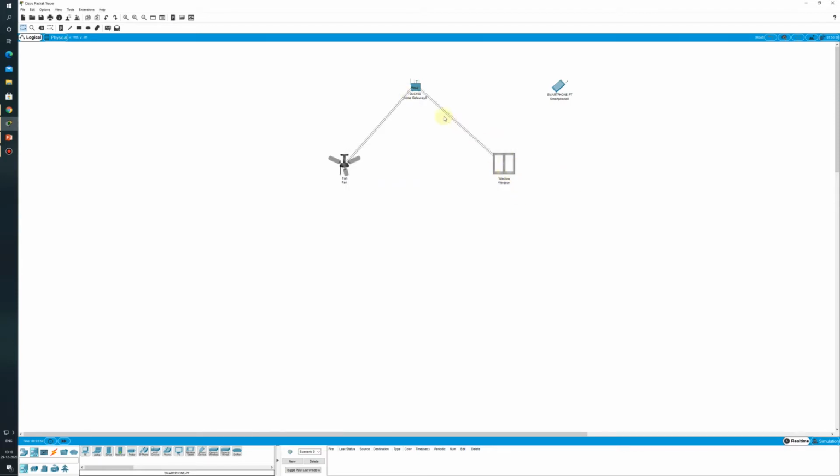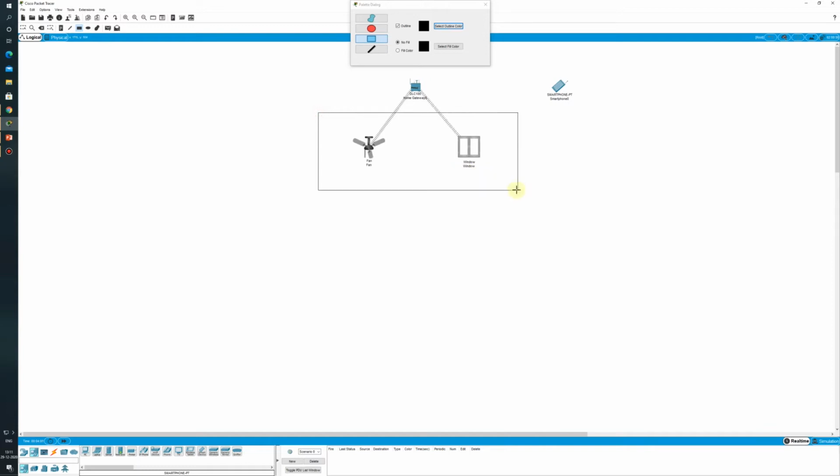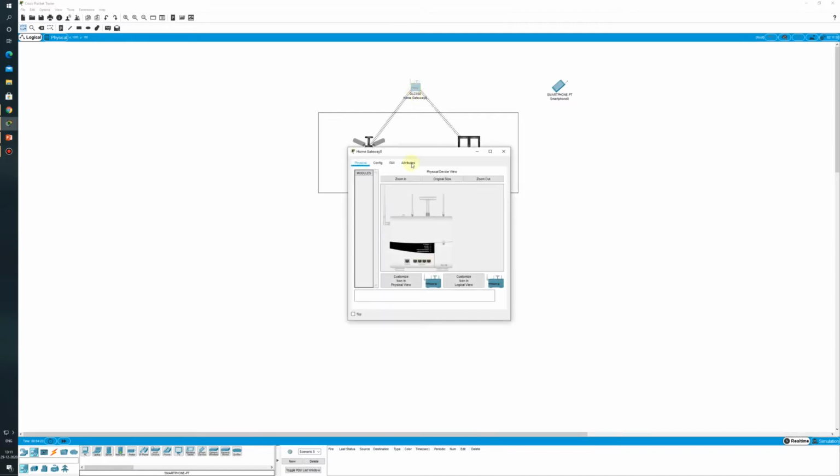So now both the window and the fan are connected to my home gateway, and let me consider this is my living room area. Now for controlling all the devices, we will connect this smartphone to the home gateway.